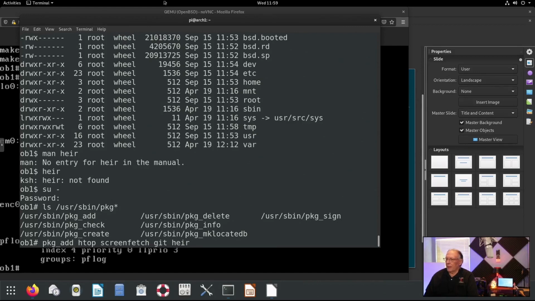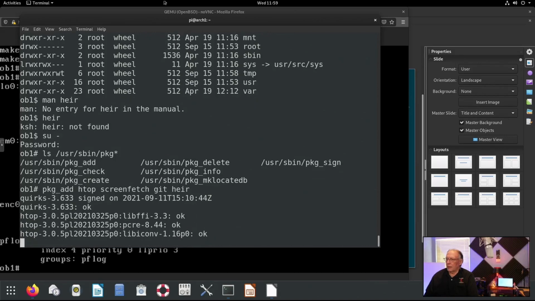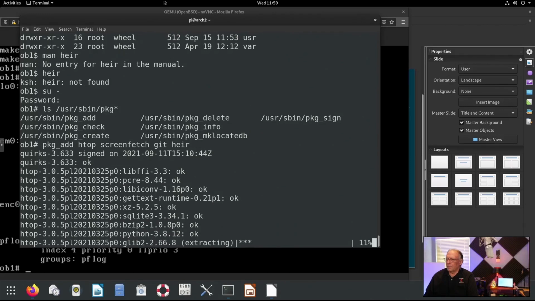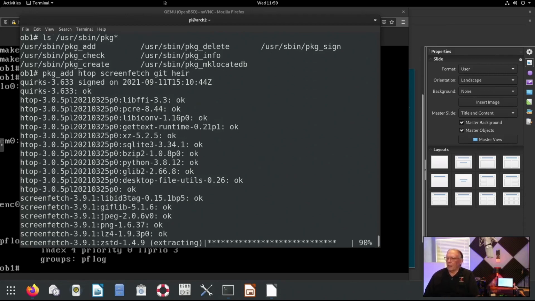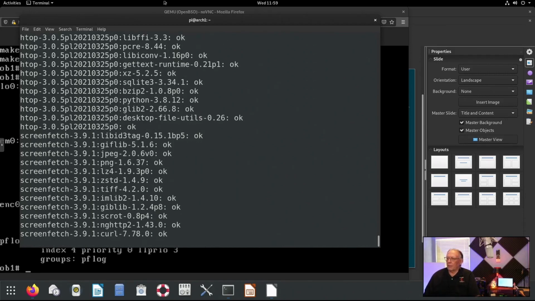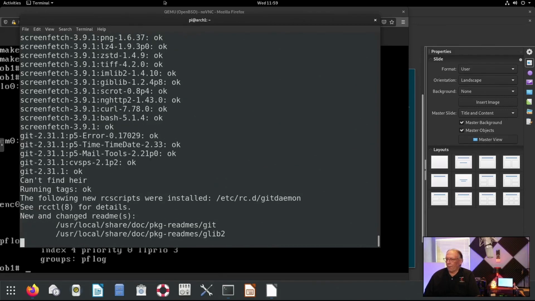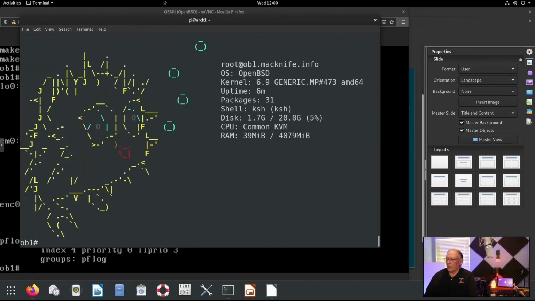And let's see if we can find htop. We'll find out if htop has the bug in it that I saw before on FreeBSD. Can't find htop. So let's do a screenfetch and see what we get there.